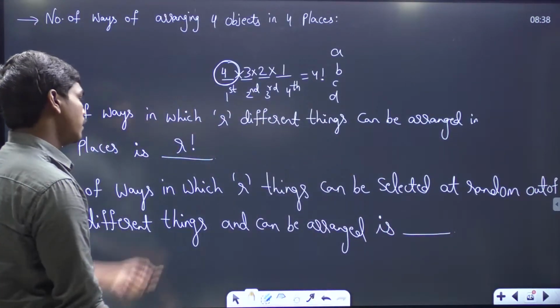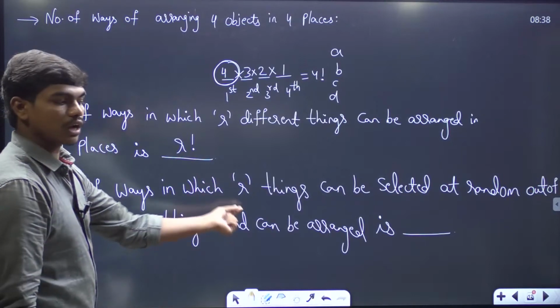So now if you see, first of all we need to select R things out of these n